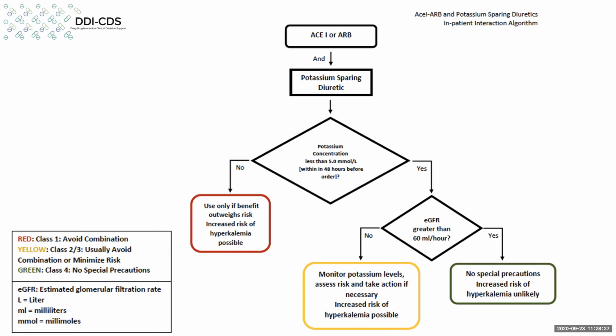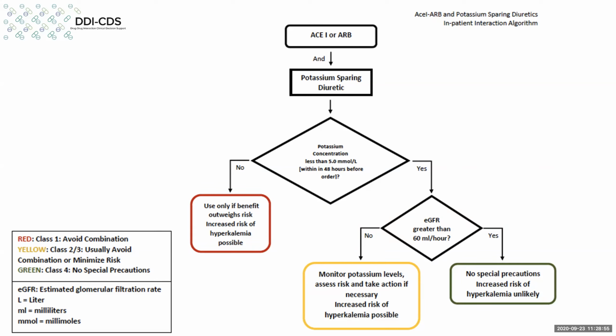On the other hand, if the GFR is not greater than 60 mL/min, in other words, less than 60 mL/min, that patient needs, again, to have careful monitoring. They're at somewhat increased risk. And if the potassium levels, of course, rise above 5, they're going to be at greater risk. So the point here is, for these patients with some renal dysfunction, we want to get on the monitoring early and make sure that they don't move to that level.